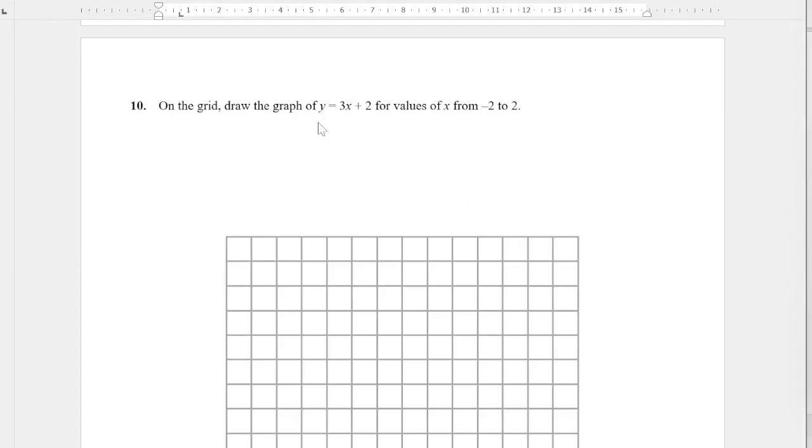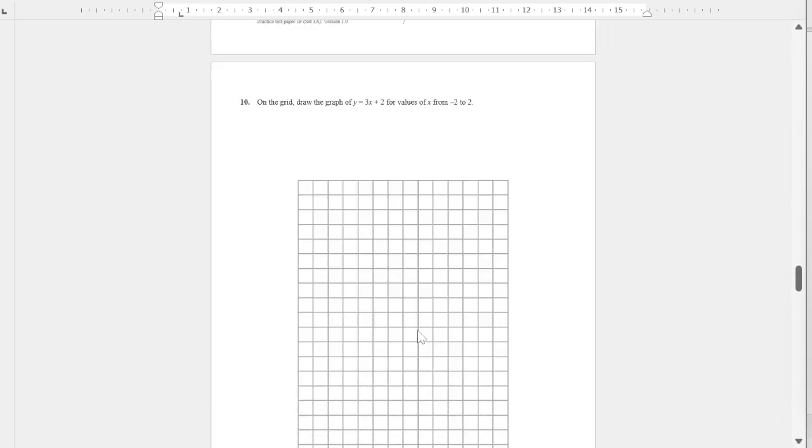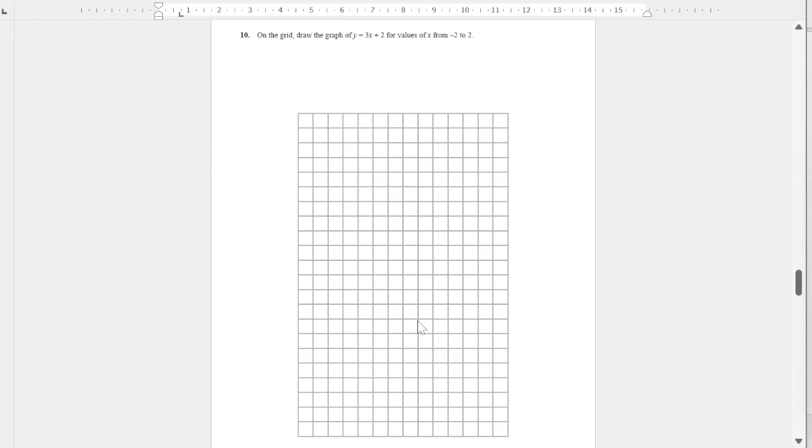Question 10. On the grid below, draw the graph of y is equal to 3x plus 2 for the values minus 2 up to 2. So I'm just going to make myself a bit more space here, or try to. Okay. So in theory, I could do it from properties, but a table is going to be a little bit easier in some senses here. I don't normally do that. So if we say we'll do x first of all, x and y,